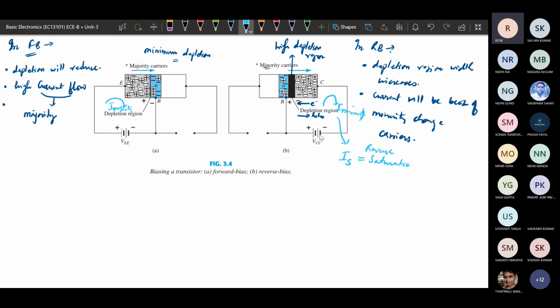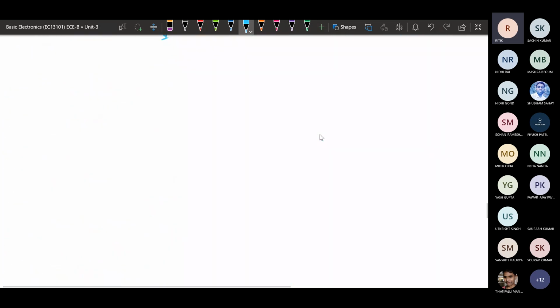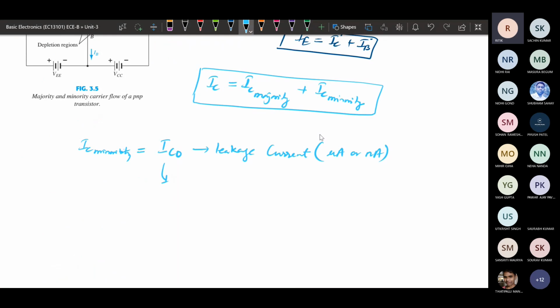This reverse saturation current is because of the minority charge carriers. Here also, one is the majority charge carrier current, and the other is the leakage current, or minority charge carrier current, which is similar to the reverse saturation current, that is IS.